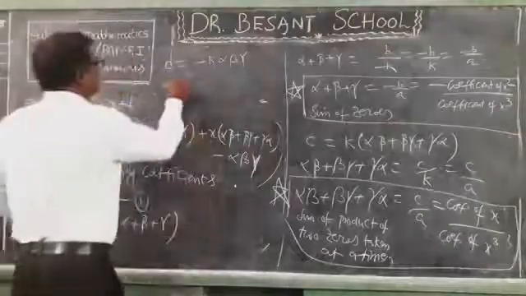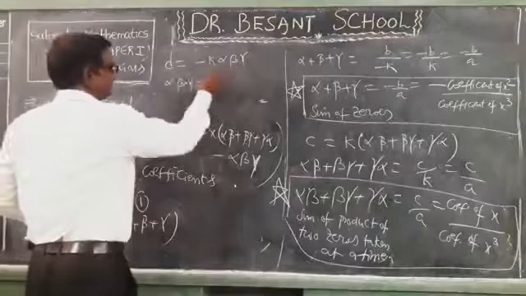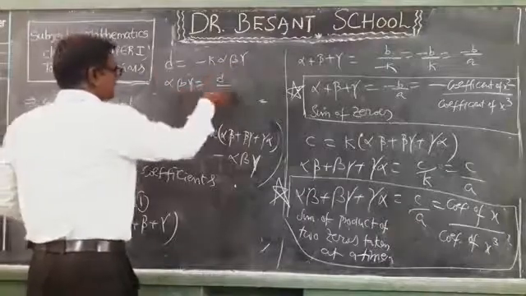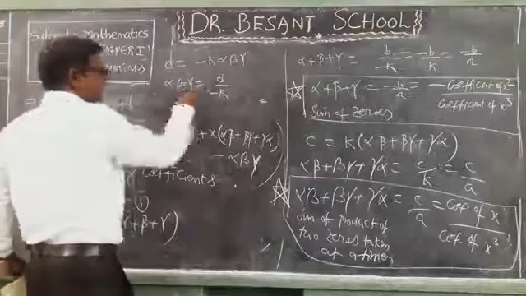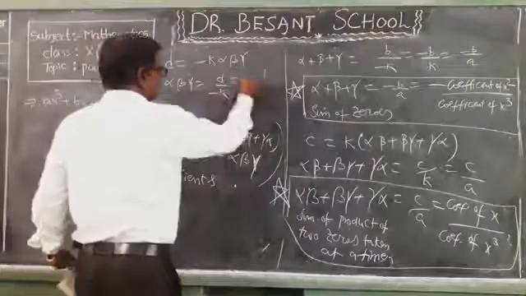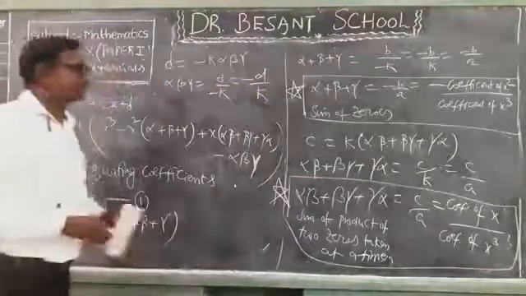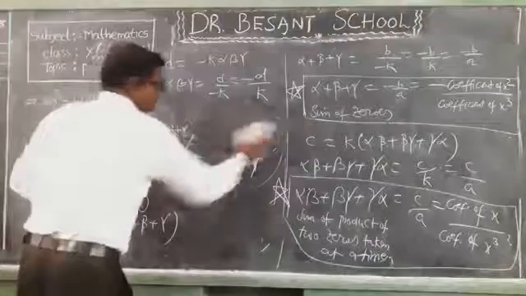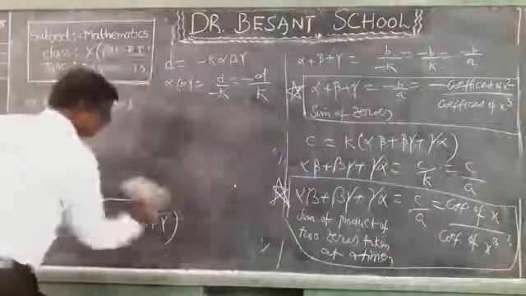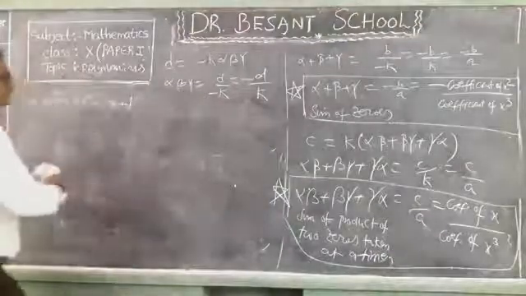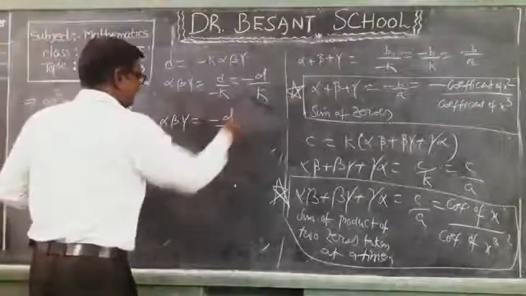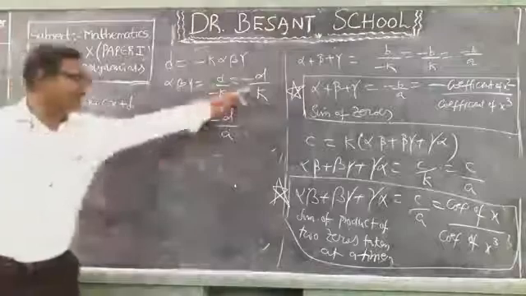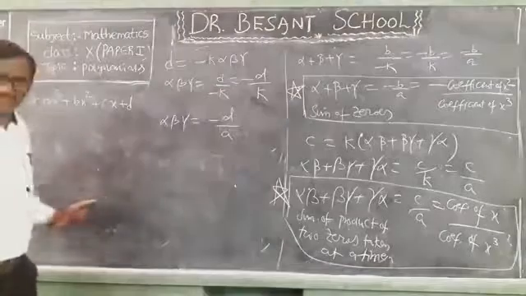So now by making alpha beta gamma the subject, it is D by minus k. Alpha beta gamma is equal to D by minus k. Send the minus to the numerator, minus D by k. That is, alpha beta gamma is equal to minus D by k, where k means a, from equation 1.